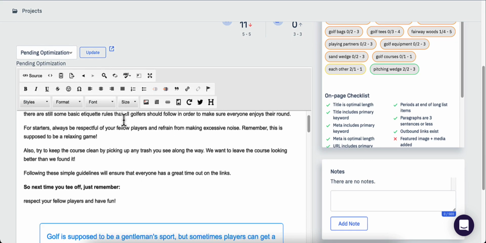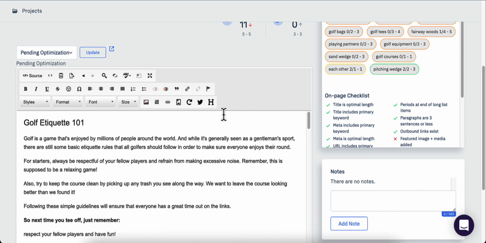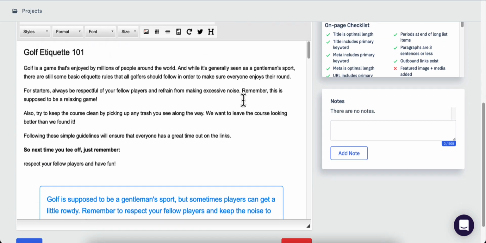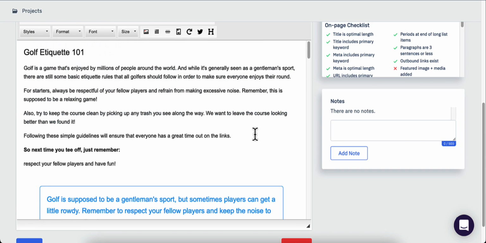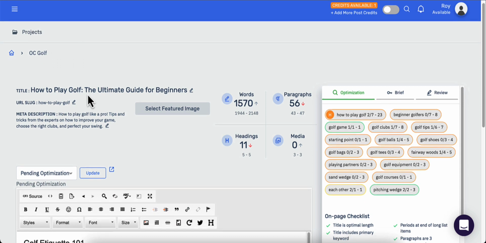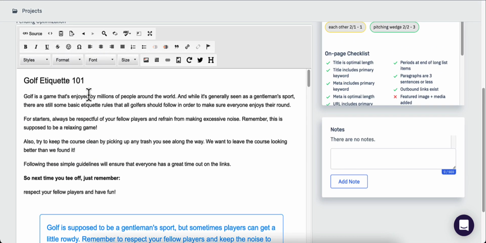And we're going to scroll down here, and I noticed right away that this one did not give me a table of contents, but that's okay. We don't have to have that in every blog article. It would be cool to have that in every article, but we don't have to.